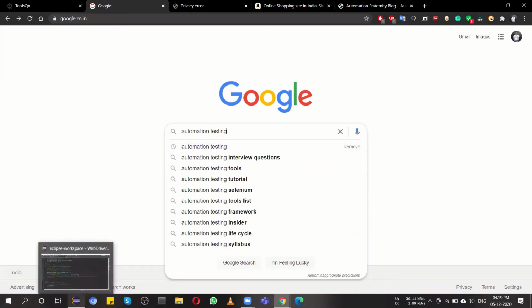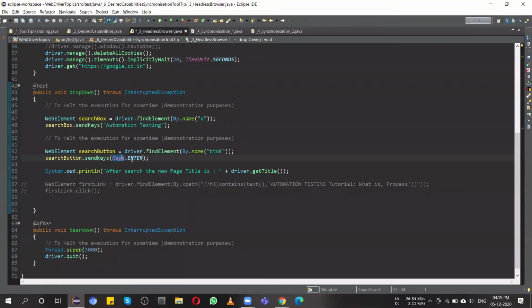To hit enter, the key is Enter, and you have to use Keys as an enum. So Keys.ENTER you have to write inside the sendKeys. And then after, I'm just trying to print out the next page title.